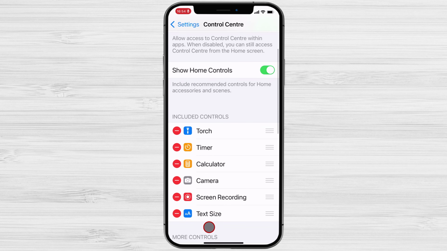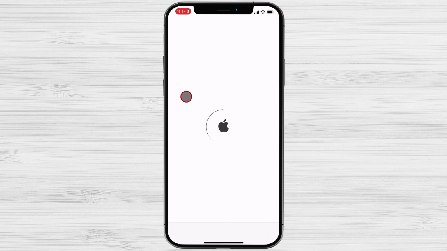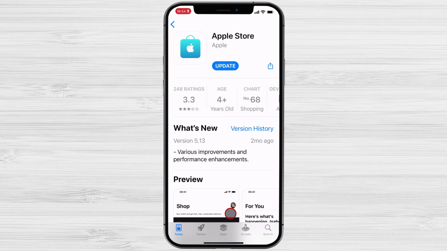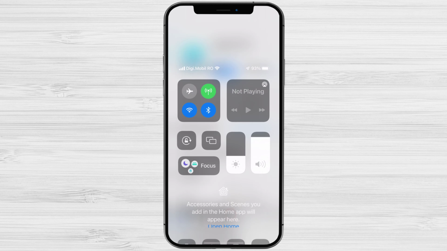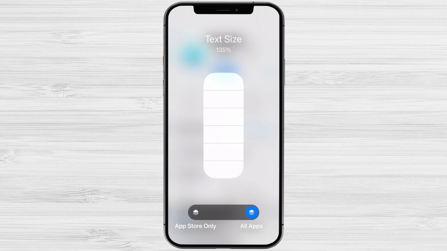Then open the Control Center from any application and tap the AA button to display the text panel. Use the slider bar to increase or decrease the size of the text and set whether the setting is used for all applications or only for the application you are using. The system remembers these settings for each application.